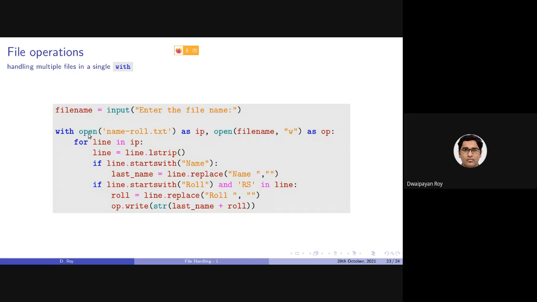Earlier we were opening with app equals open; here, open as this will be considered the file object. Again a file object, the file is opened in the write mode here and read mode here. As you can see in the program, I am reading the file from this IP and writing the file in this OP, input, output.